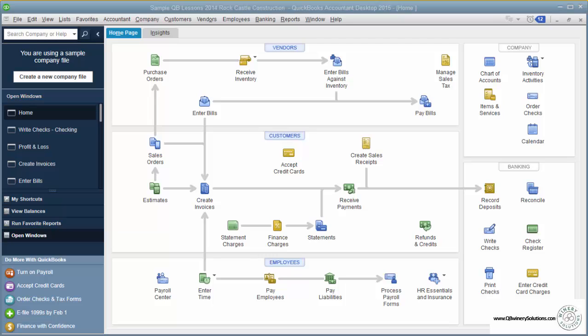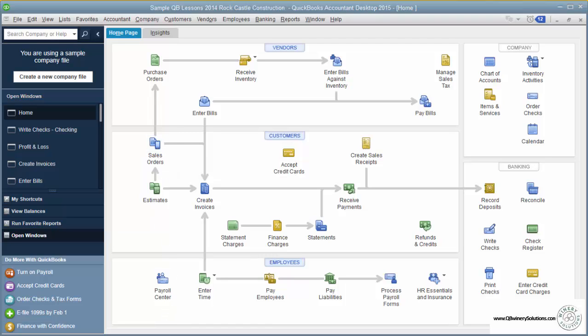The home page is where you'll land most of the time when you open QuickBooks. The home page has icons of the typical places that you'll want to go. For example, write a check or reconcile a bank account. These icons are customizable, and through the preferences, you can eliminate icons that you don't use. For example, if you don't use estimates and sales orders, you can make these go away and keep the home